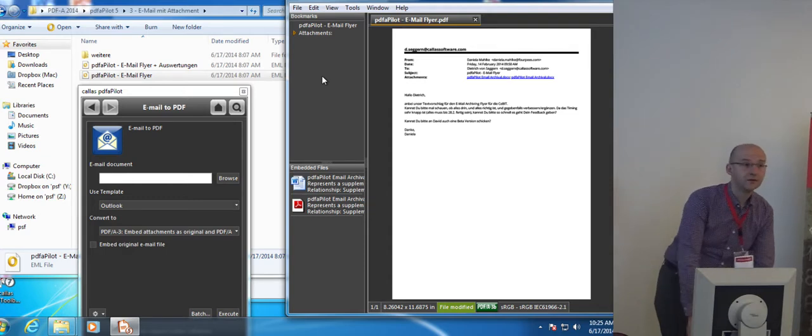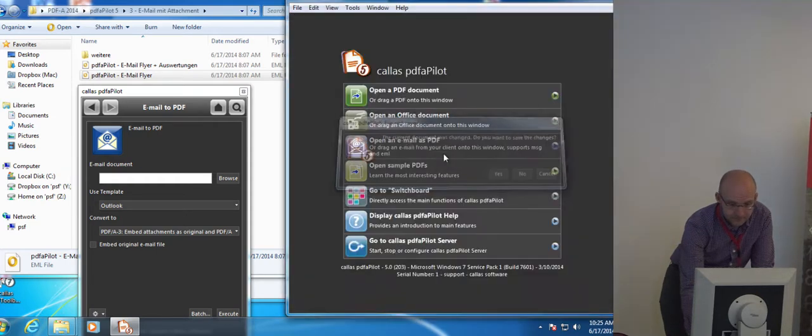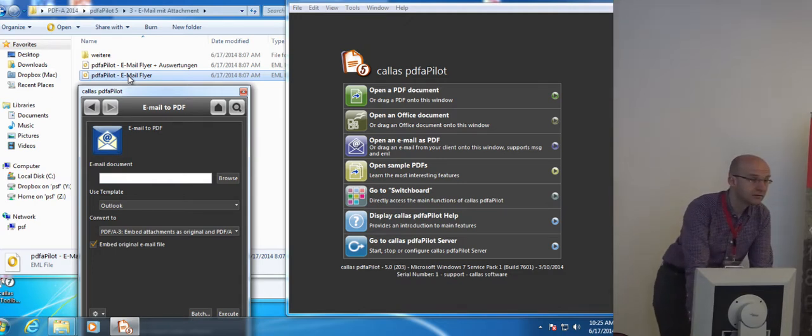Do you also have a feature for digital signing of these new PDFs? No, that is not part of these products. It can be combined, of course, but we don't do security. But the result is PDF-A, so now you can use any signature solution. Right, but now we have to go through another process. Yeah.